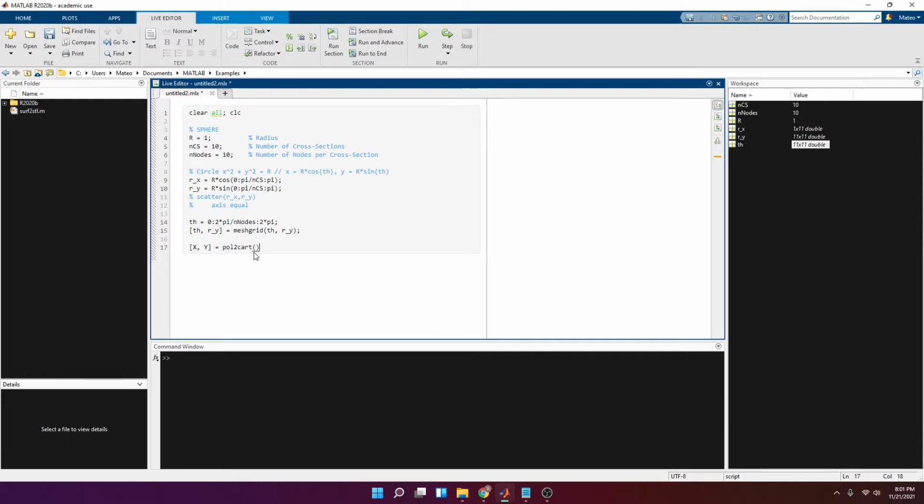Pull-to-cart, and the inputs are going to be theta and ry. And let's run a test to see if everything up to now is fine. So I'm going to plot each of the cross sections one by one, and we should get a bunch of circles of different sizes. So the way I'm going to do this is for